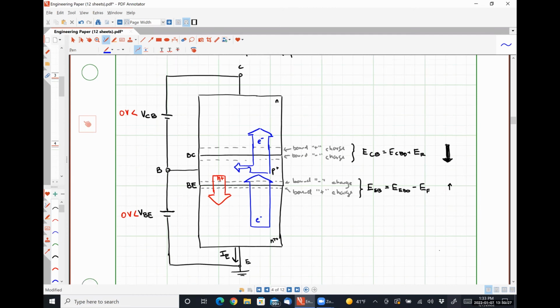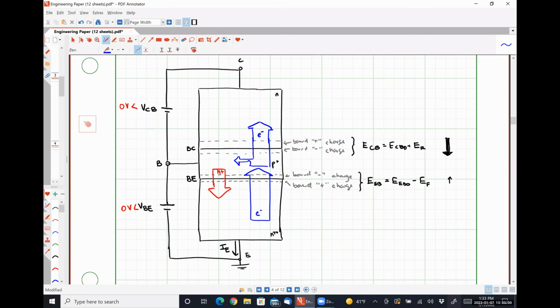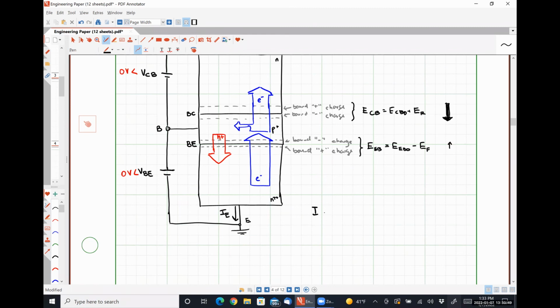So this is going to yield a collector current that is dependent only on the number of electrons that have survived, because there shouldn't be any hole injection or anything like that happening, right? So our collector current, I'm going to write it down here, will be IC is equal to AE, which is the cross-sectional area of the emitter or the base emitter junction, which is why it was so important to see that our junctions have different sizes,